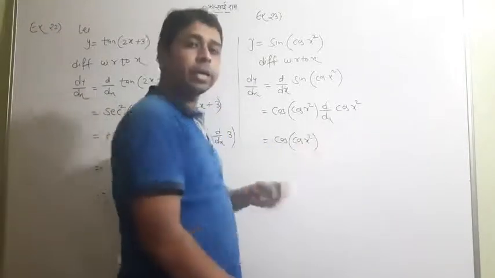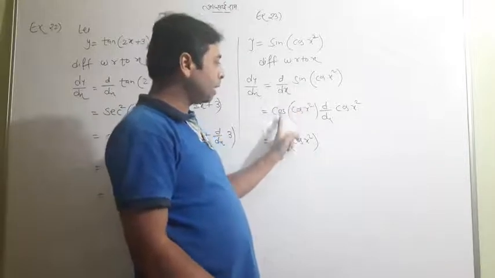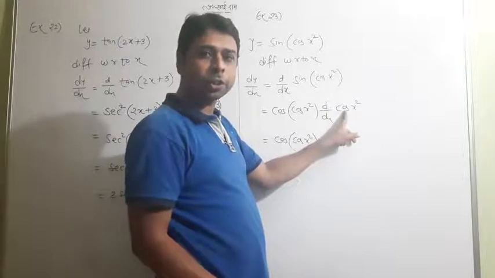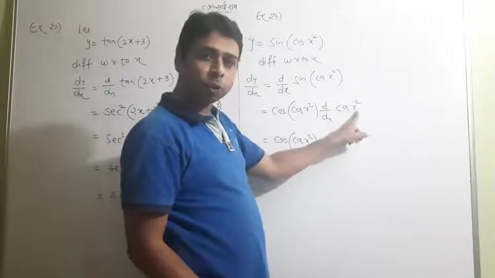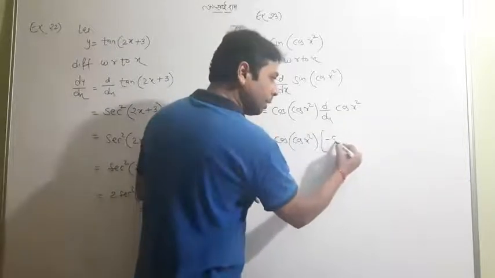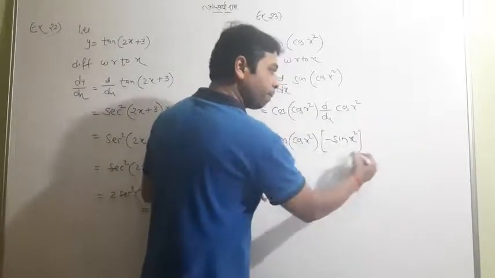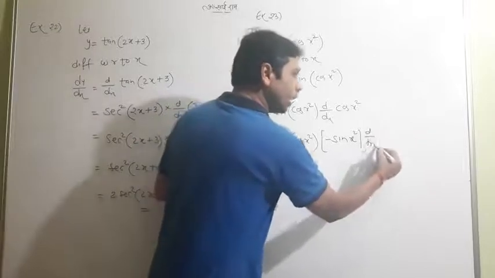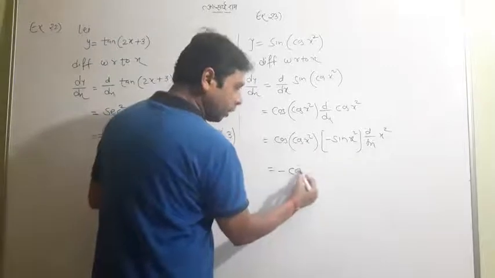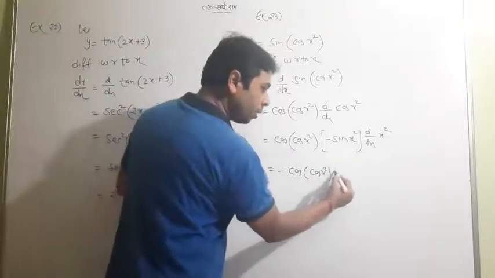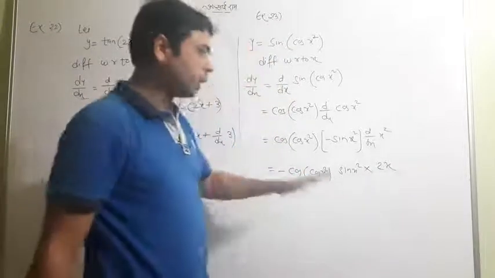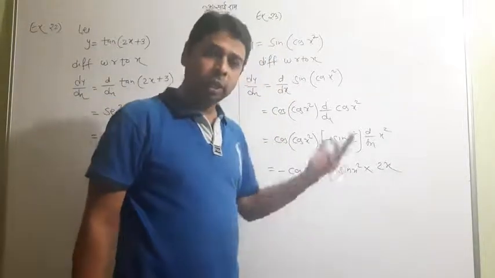And here again there are two functions, because first you have done sine. Now it's time for cos. So second, cos will be differentiated. This time the angle is x square. The differentiation of cos is minus sine. So it is minus sine, the angle will be the same definitely, and then the differentiation of the next function, which is x square, the third function. So the overall answer is a minus written initially, cos x square, then sine x square will be the same, and x square differentiation is 2x. Now you can arrange it on your own and that's the answer.